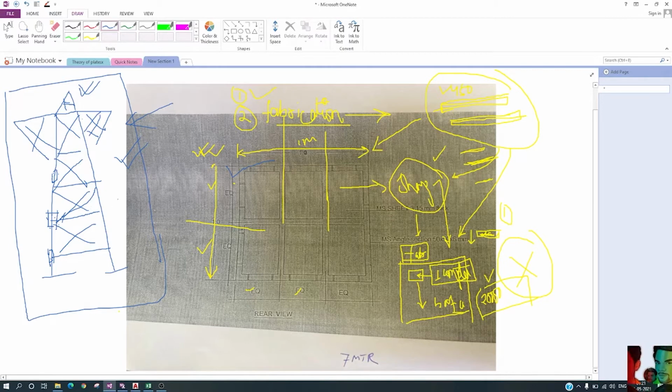In a fabrication drawing, we break it into small pieces. We don't send this drawing. We just say you don't need to do anything else: just take an angle of 45 by 45, whatever the size is, and cut it to this much length, for example 400 mm, 500 mm.